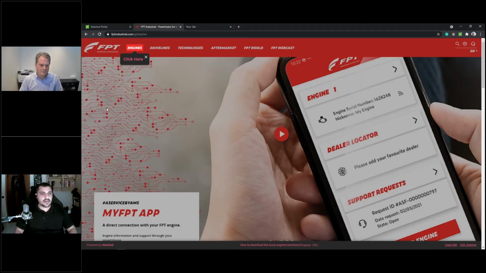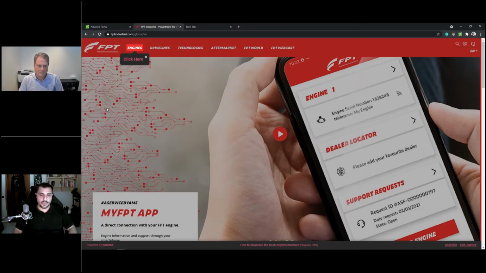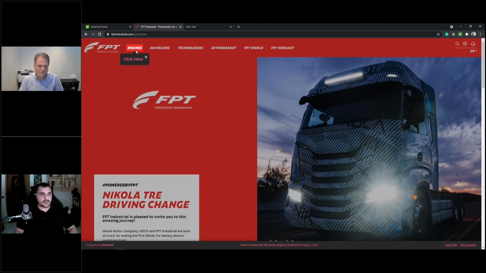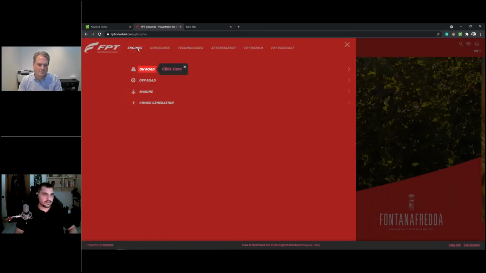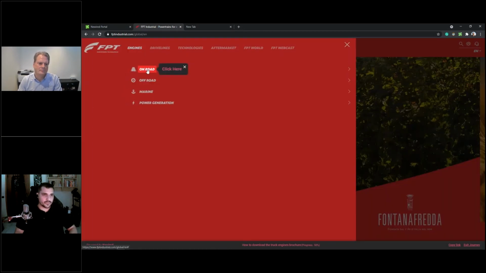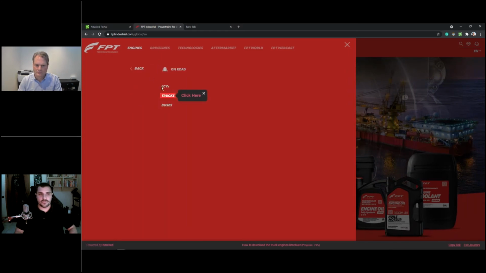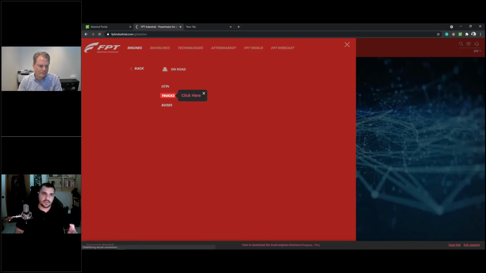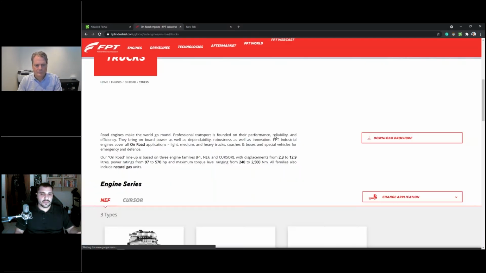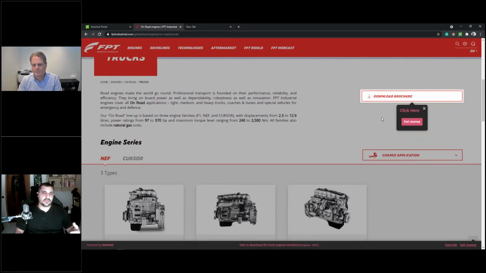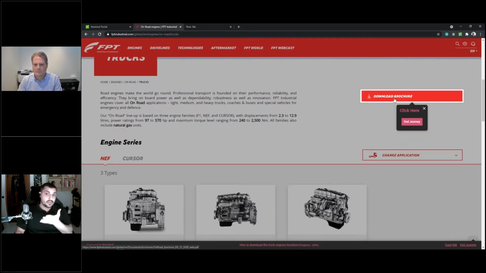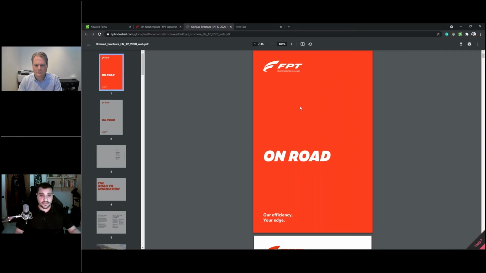And now, instead of having me click next and go through, it's actually going to make me interact with the underlying application. So you can see that I'm clicking on engines. Now I'm clicking here on road, and you see the experience should be very organic. As I'm interacting, I have additional information. Now this is quite simple, but it enables me to dive deeper into something which I perhaps have never seen before, and to reach the actual download of the brochure. You can see here, I will download this, I get my PDF about it, and there you go. We just finished our journey.